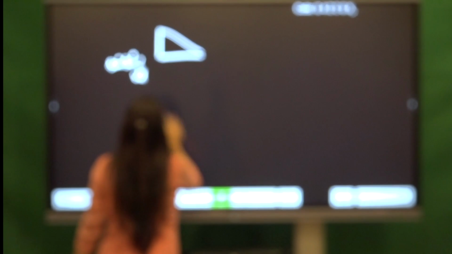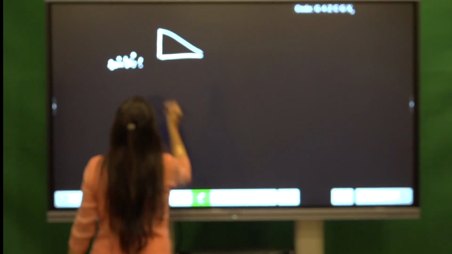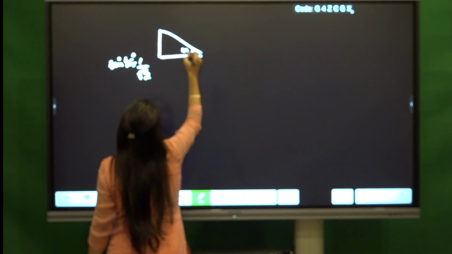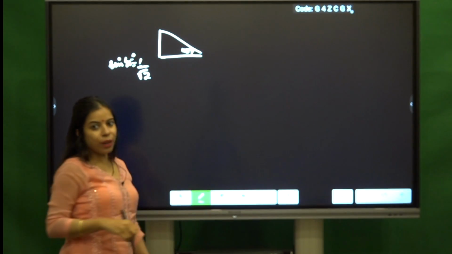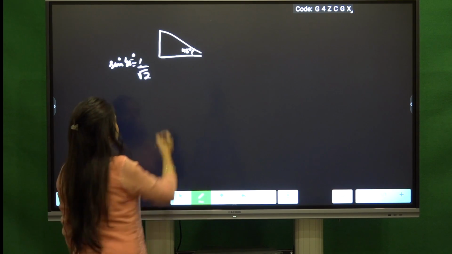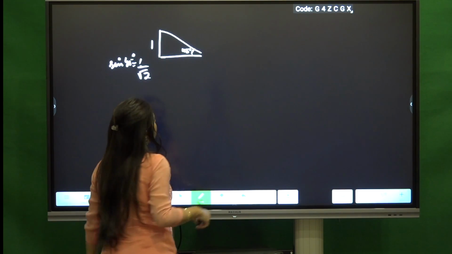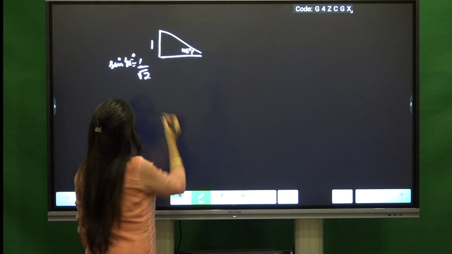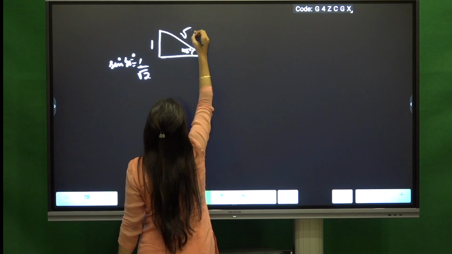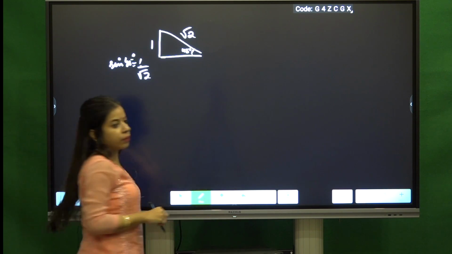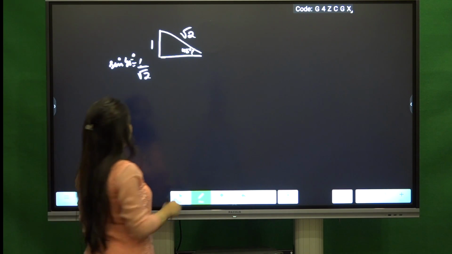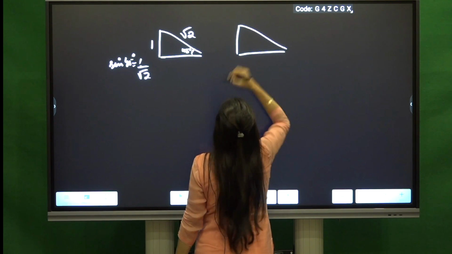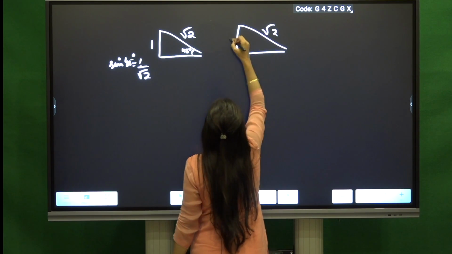So, angle is 45 degree. 1 by root 2 means perpendicular is 1, okay, and hypotenuse is root 2, fine. So, what we can do is, we can take another triangle